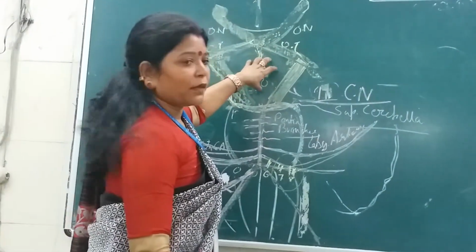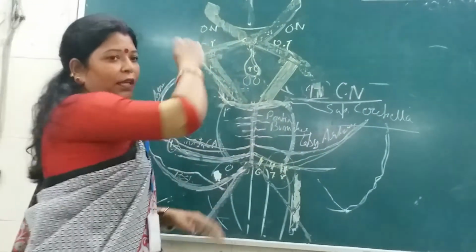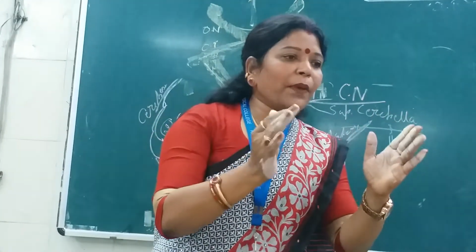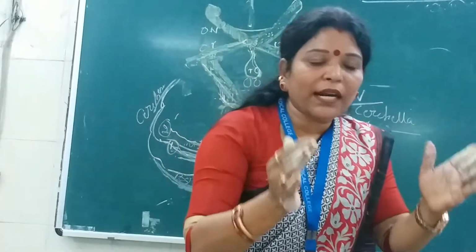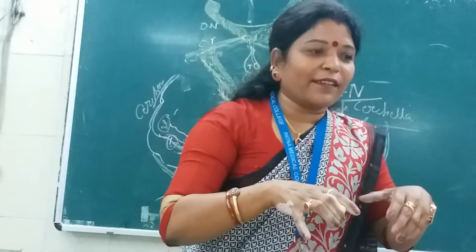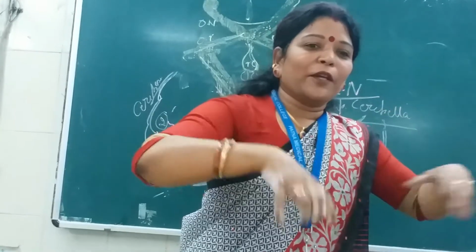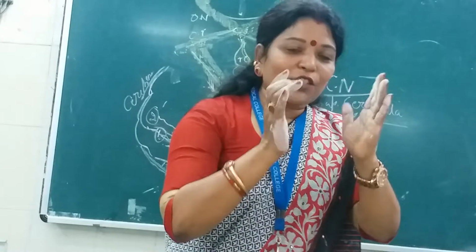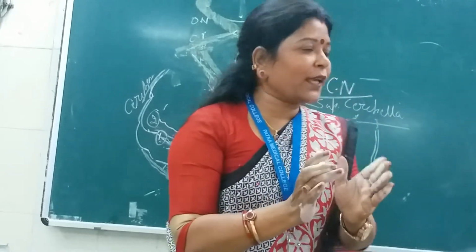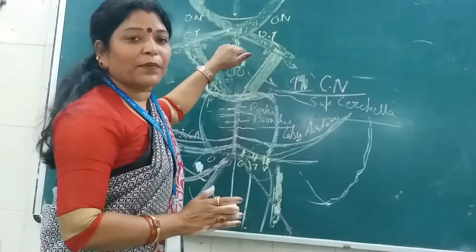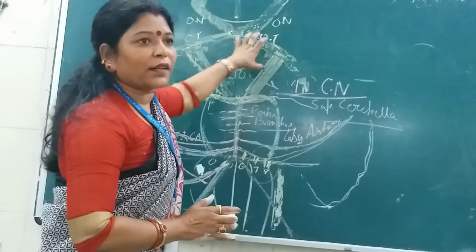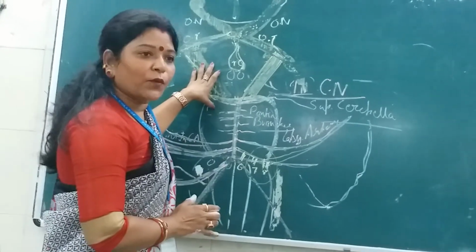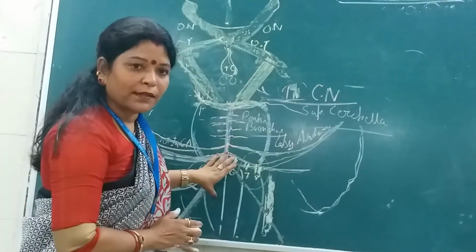We have discussed this here because of the circle of Willis, the distribution pattern, mind it what I am saying: how the brain gets its blood supply, and the station where the major arteries meet each other, that is the circle of Willis, which is situated in the interpeduncular fossa. That's why this region becomes important here. You must know the associated areas around the interpeduncular fossa, and how it is related to the brainstem.